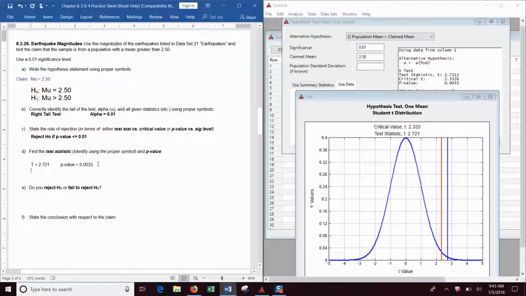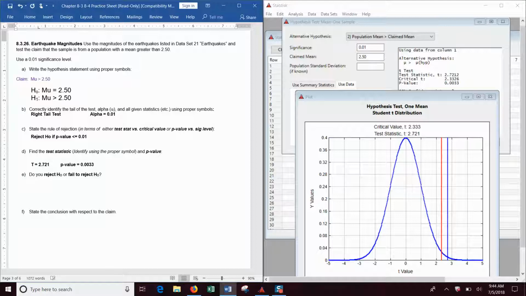And in taking a look at those, our p-value there, 0.003, is less than 0.01. So we are going to reject the null hypothesis. And then now, in terms of stating the conclusion with respect to the claim, whenever we reject the null hypothesis, that means that we have sufficient evidence to